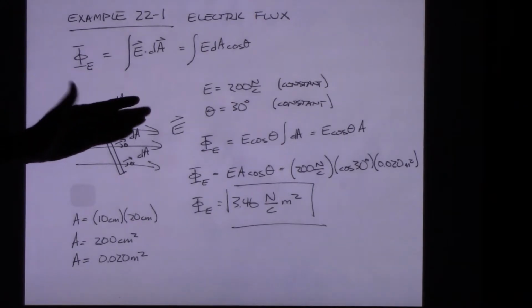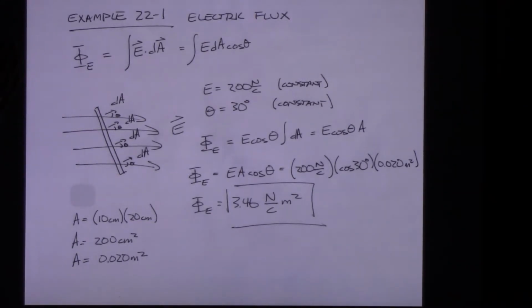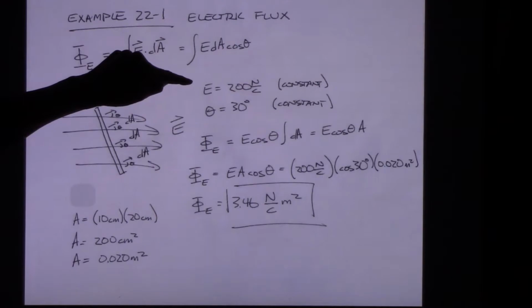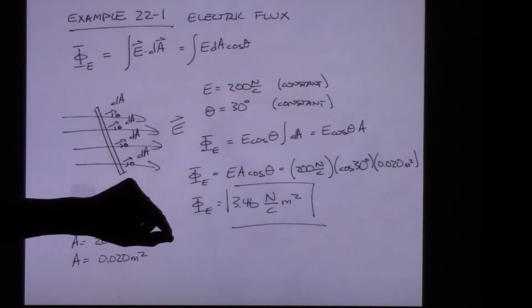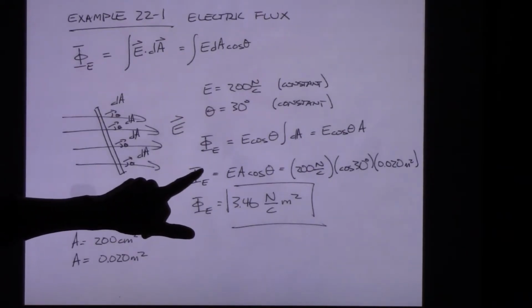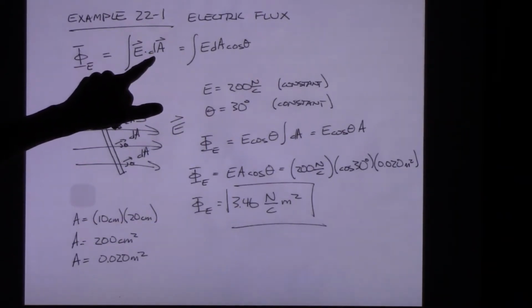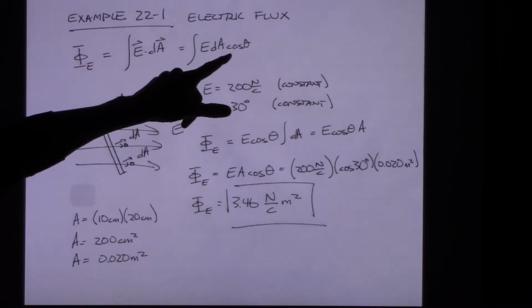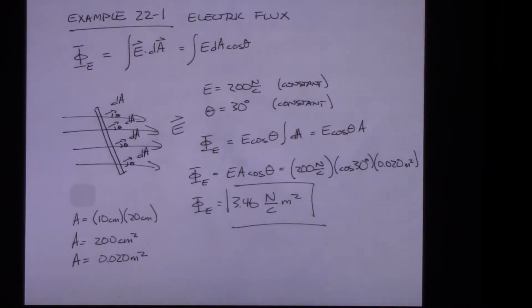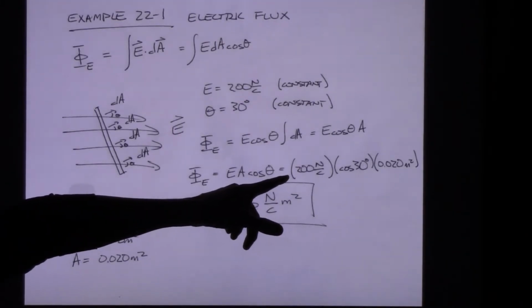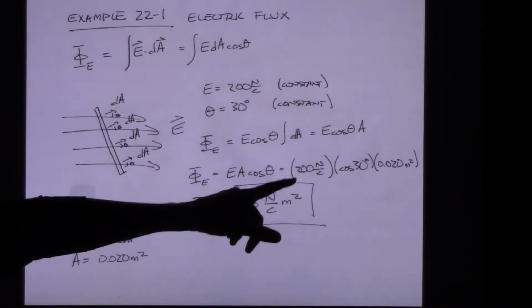Now along this surface, at every location there's a little area vector, a dA, and then there's an E field. The E field is consistently 200 newtons per coulomb. The angle is consistently 30 degrees, so when I carry out this integration, I can drop the dot product and replace that with a cosine of theta, which is consistently the cosine of 30 degrees. The E field magnitude is 200 newtons per coulomb, and the area is